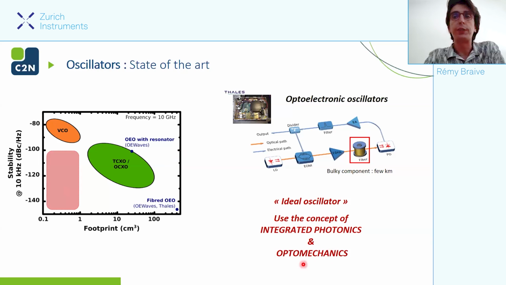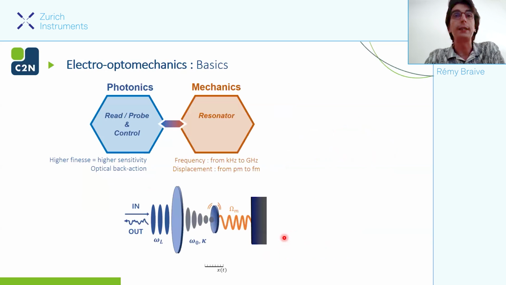And so I will now dive into the concept of optomechanics, where we need 2 degrees of freedom: a photonic one and a mechanical one. The photonic one is useful in order to read and probe the mechanical displacement of a mechanical resonator. You can see it like a Fabry-Perot cavity with one of the mirrors able to move, and you send light at the input on resonance with the cavity formed by these two mirrors.